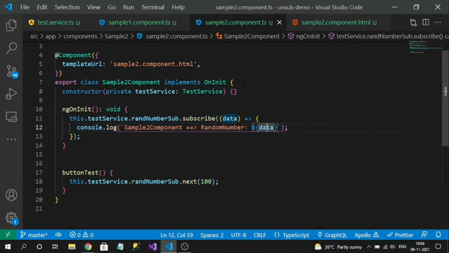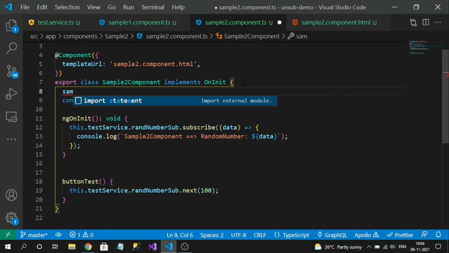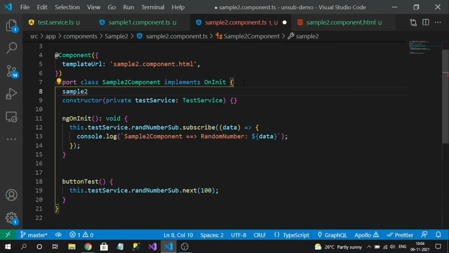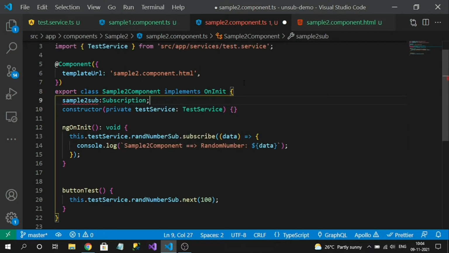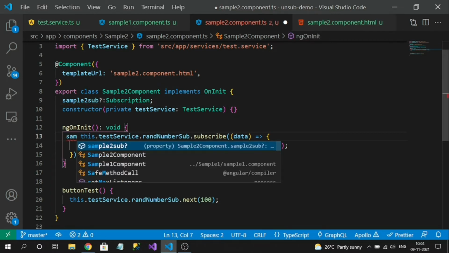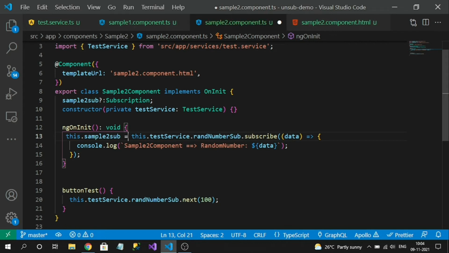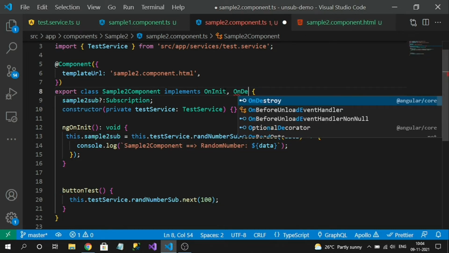So here also what I will do, I will create a variable like sample2 sub, of type subscription, and let's make it optional nullable. Now let's assign it here to this subscriber. Since it is assigned, similarly let's use on destroy.